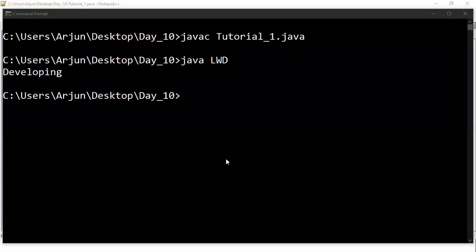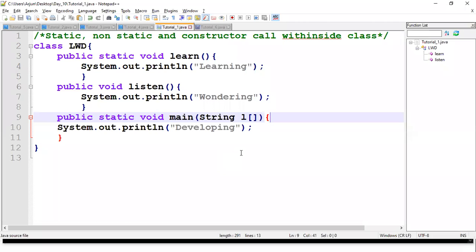Okay, now I'm going to execute these two methods. So how do I have to execute?